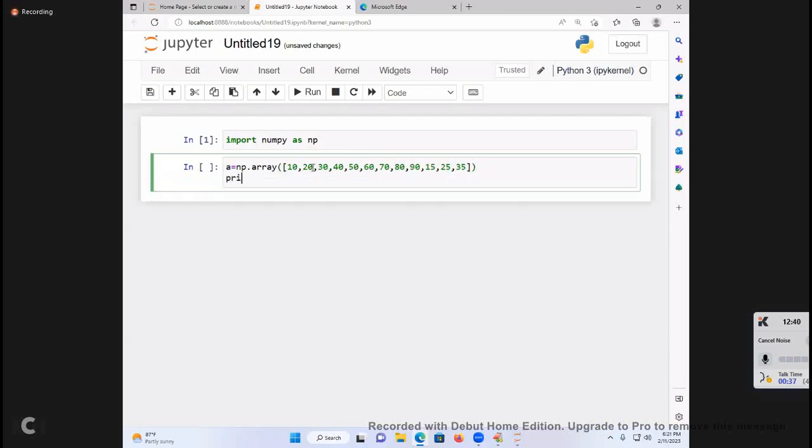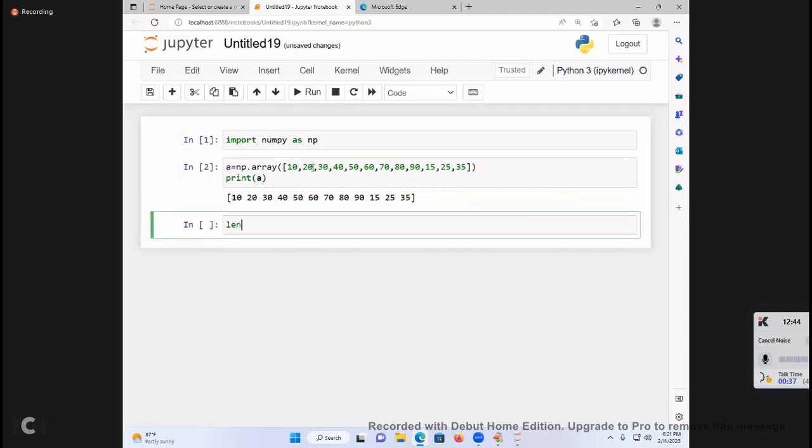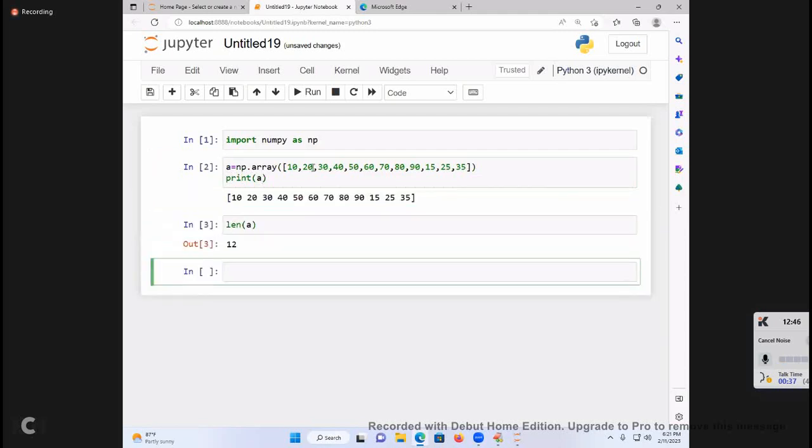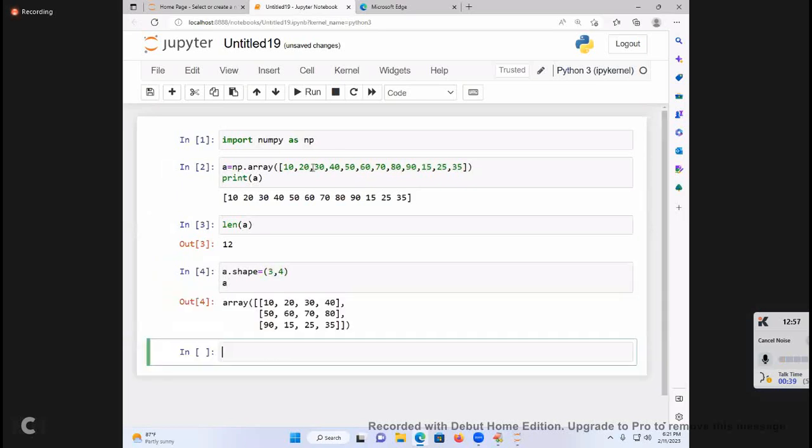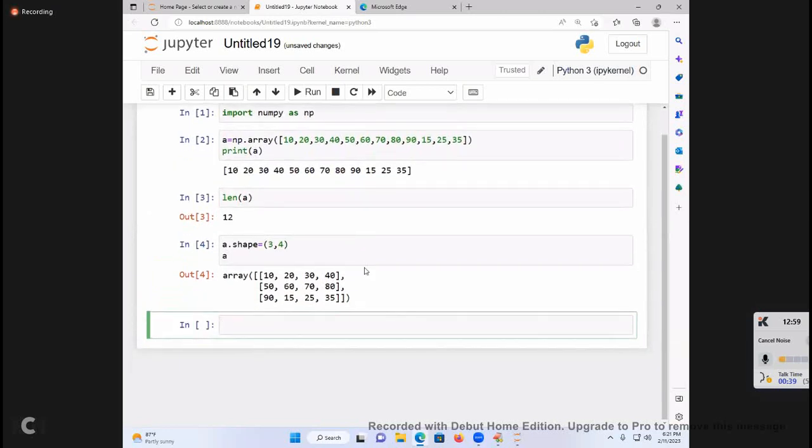Next, print of A. And this is my data. len of A is going to give you 12. A.shape is equal to what? 4, 3 I will say, or 3, 4 you say, whatever you like. And next you say A, this is my data. Understand, students? So you can also shape it in different ways.